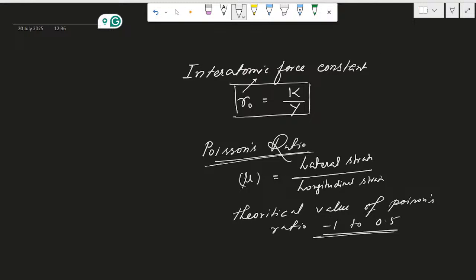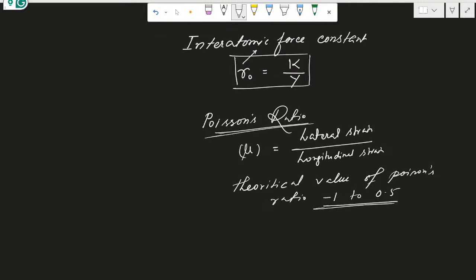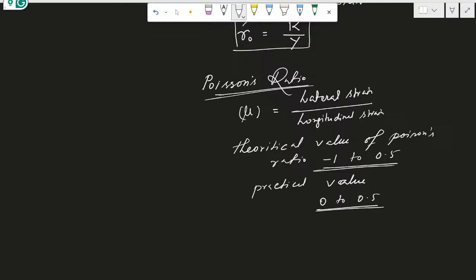That is theoretical value. But practical value, that is from 0 to 0.5. This is important. Theoretical value -1 to 0.5, practical 0 to 0.5. Now there is a relation between